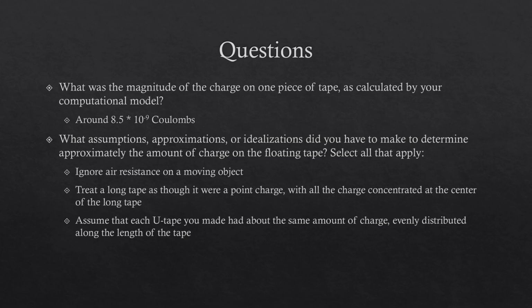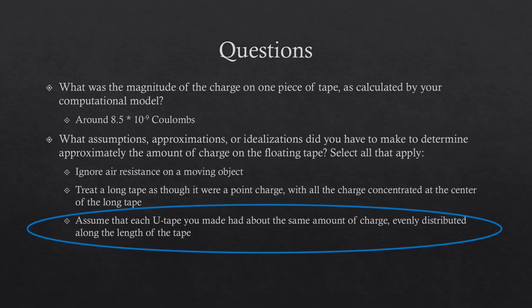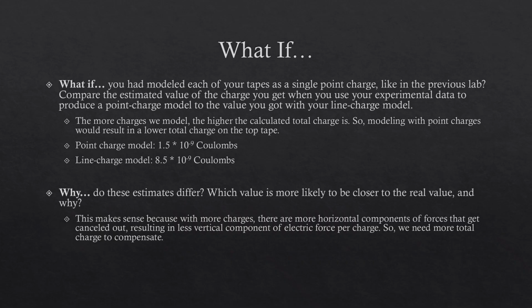So to answer the questions in Lab 2, the magnitude of the charge on one piece of tape as calculated by my computational model was 8.5 times 10 to the negative 9 coulombs. The assumption we made was that each piece of tape had about the same amount of charge evenly distributed across the length of the tape. Air resistance doesn't apply here since nothing's moving, and we didn't use the point charge model. To answer the what-if questions,